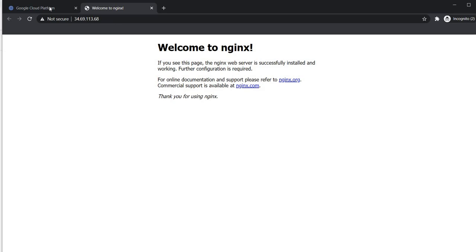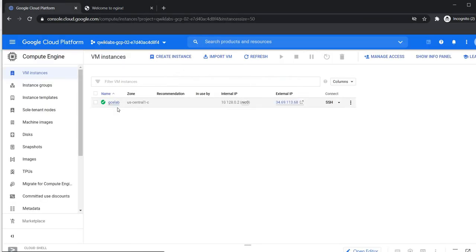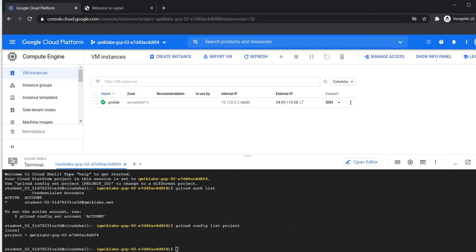Here you see one VM instance is created, but after this command it mentions two virtual machines with the same configurations. So maximize the Cloud Shell. I'm copying this command and pasting it. In this command, we mention gcloud compute instances create gclab2. The name is gclab2, the machine type is n1-standard-2, and the zone is us-central1-c,